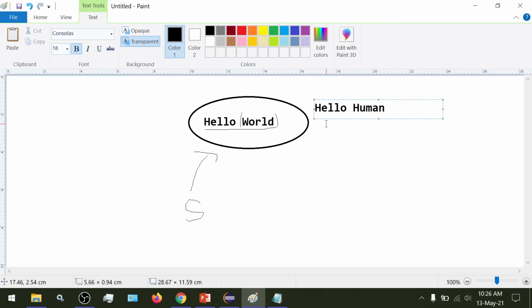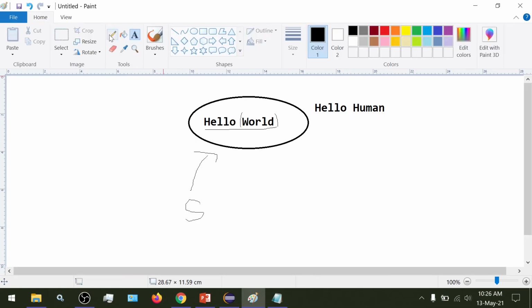We would simply think that we can easily replace the word world with the word human, but it's not simple and it's not possible. We cannot remove the word world from this existing string object and put the word human there. So what we would have to do is destroy this complete hello world object and create a new object hello human and assign this variable s to point to it. So Java strings are immutable.